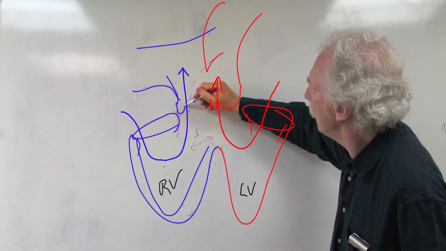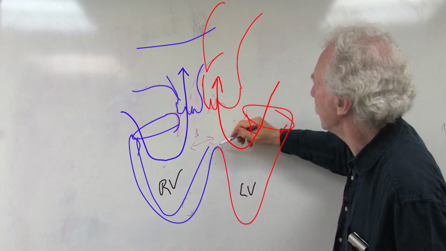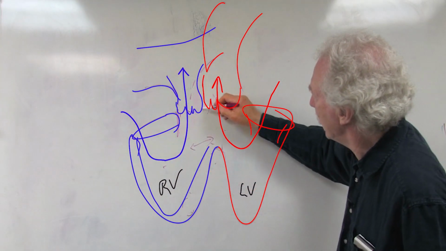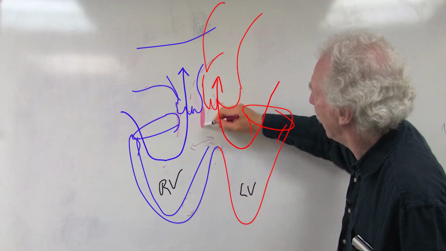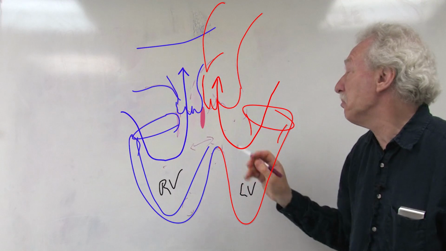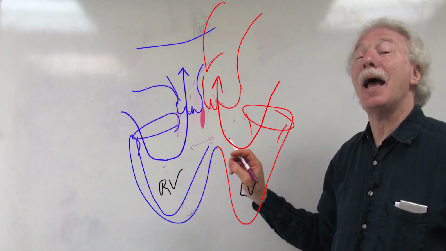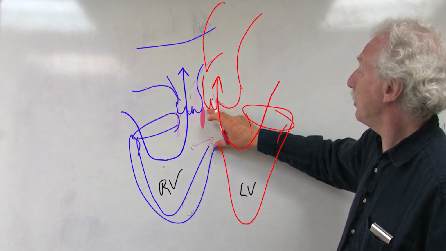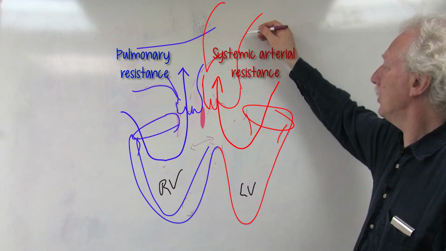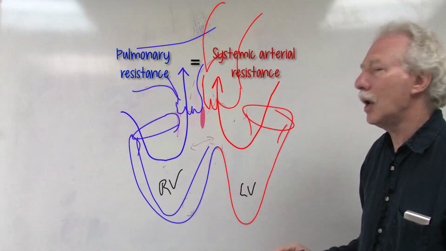I'm going to make the pulmonary artery a little bit bigger, get the aorta closer to where it wants to be, and what I'm going to say then is this is our circulation where we do have a malalignment ventricular septal defect, but not very much malalignment. When this kid is born, just like any child with a big ventricular septal defect, pulmonary resistance and systemic arterial resistance are about equal, so we have a balanced circulation. But then